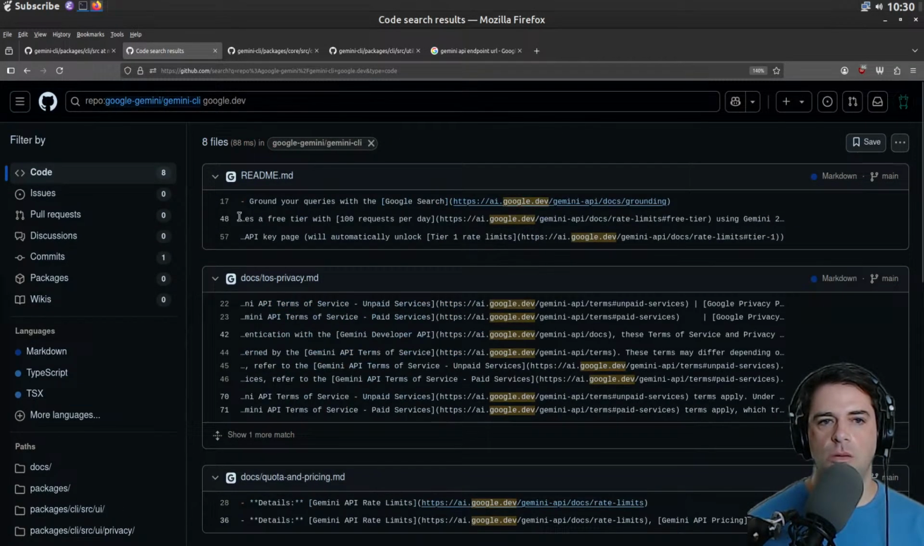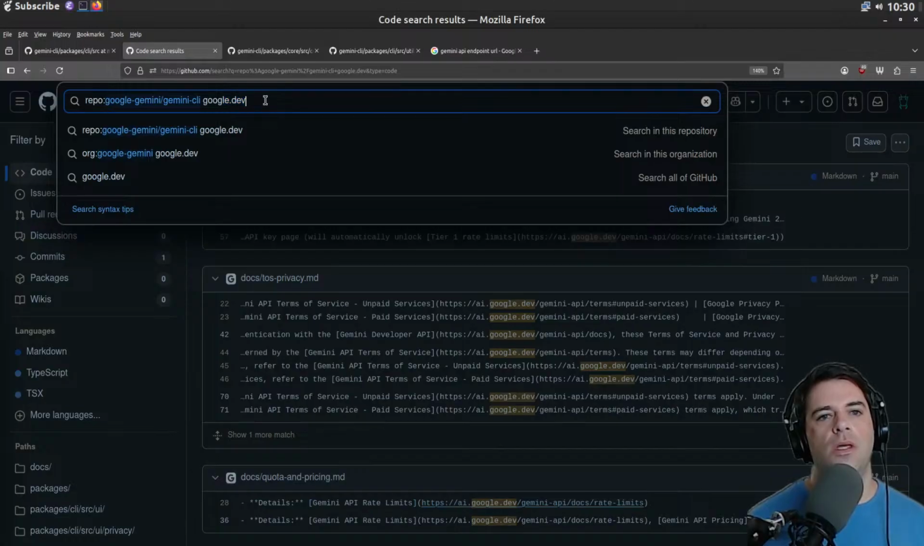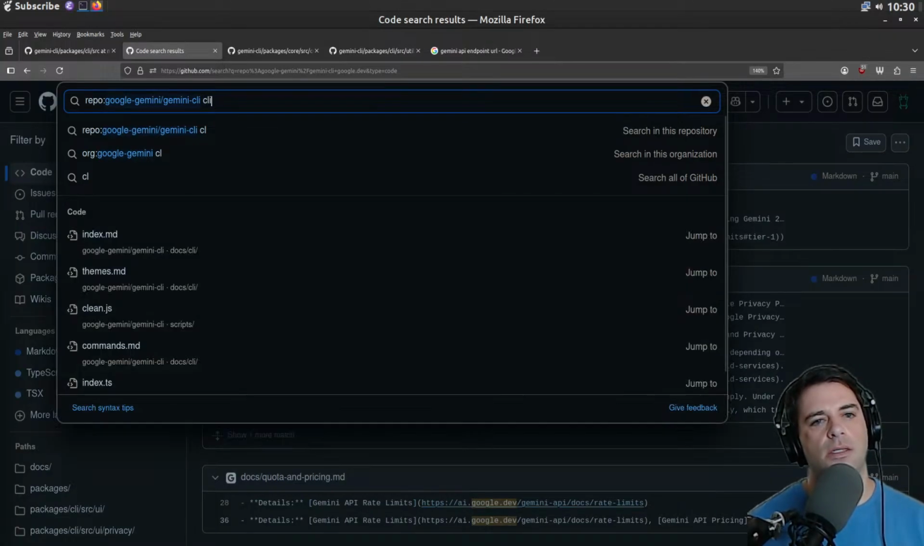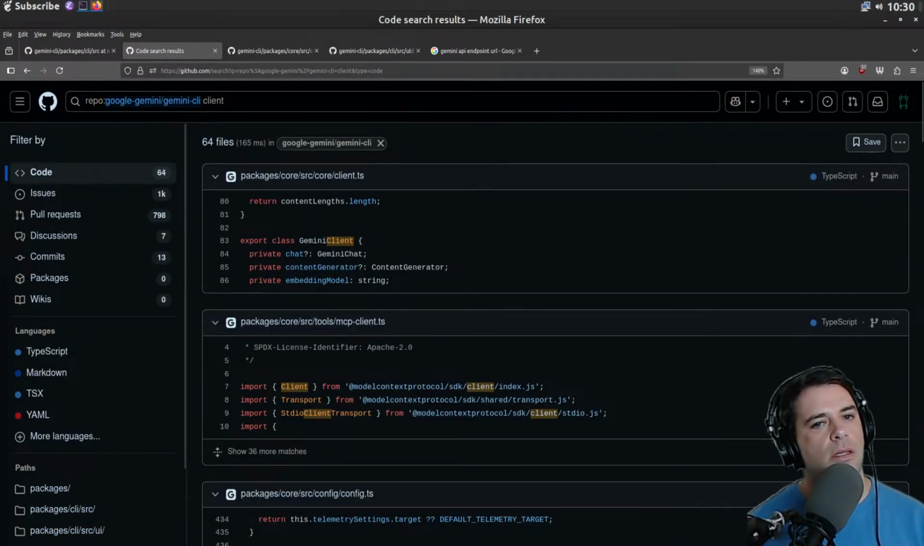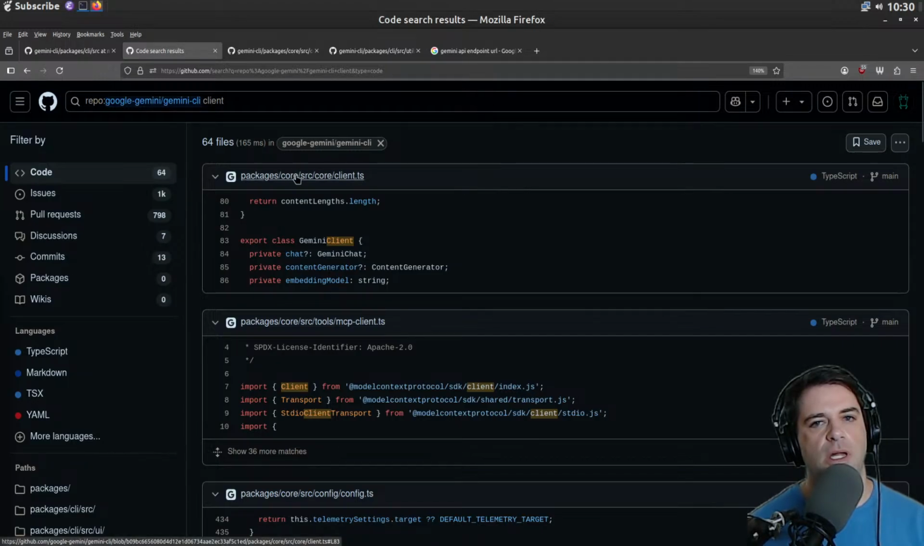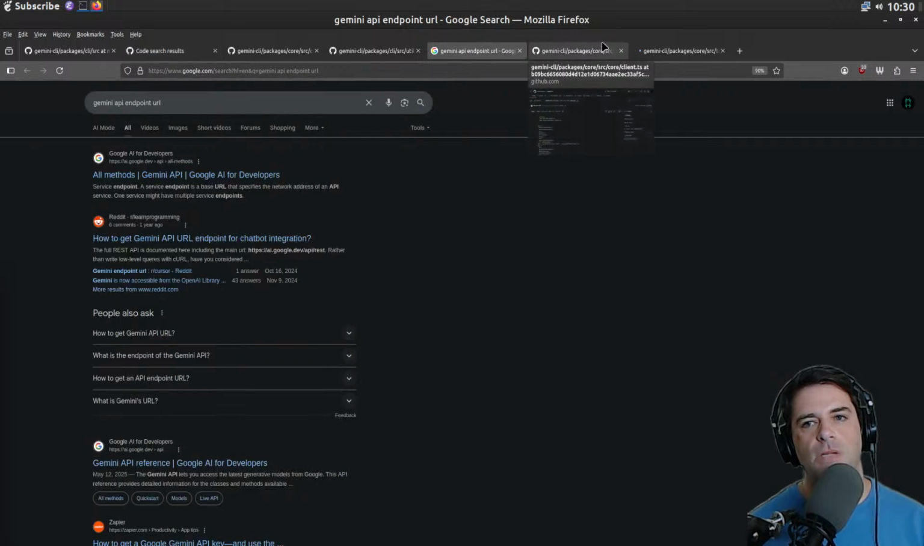How about we look for the word client? Gemini client. This looks promising. And also the MCP client. Let's look at the MCP stuff too. Okay, so here's the